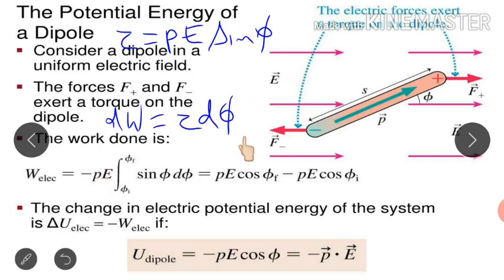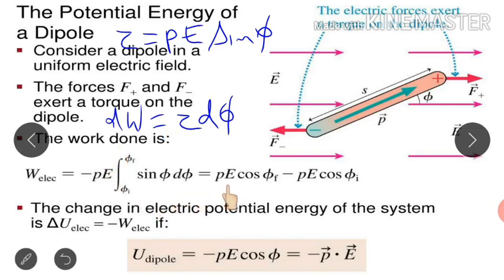Or minus sign also we can include because we are doing the work against the torque. So this is the small work done in rotating the dipole through some angle d phi. Now if I want to calculate the total work done in rotating this electric dipole from phi I to phi f, it means I need to integrate it. So if we integrate this, we will have this step. So W equals minus, and in place of tau we write PE sine phi, and PE will be out of the integration. So finally we'll have phi I to phi f sine phi d phi.